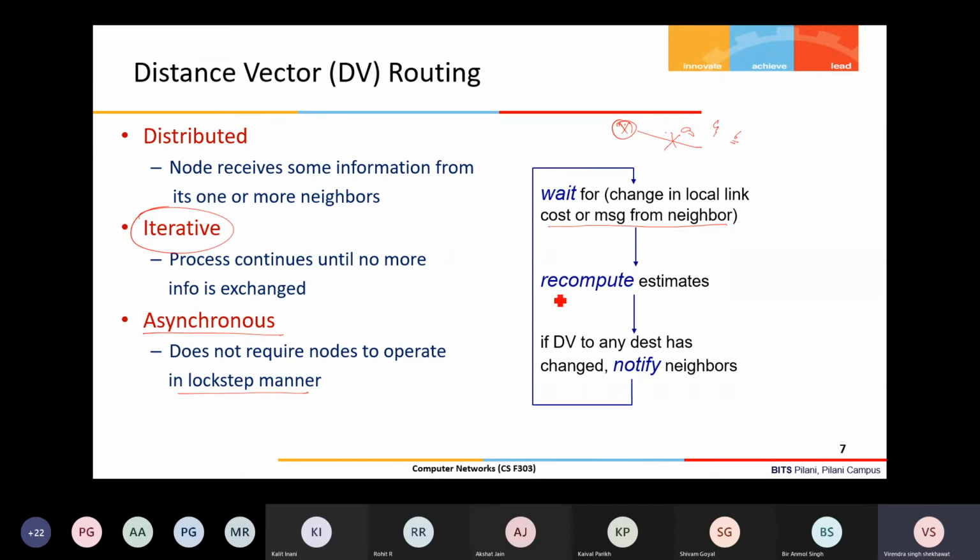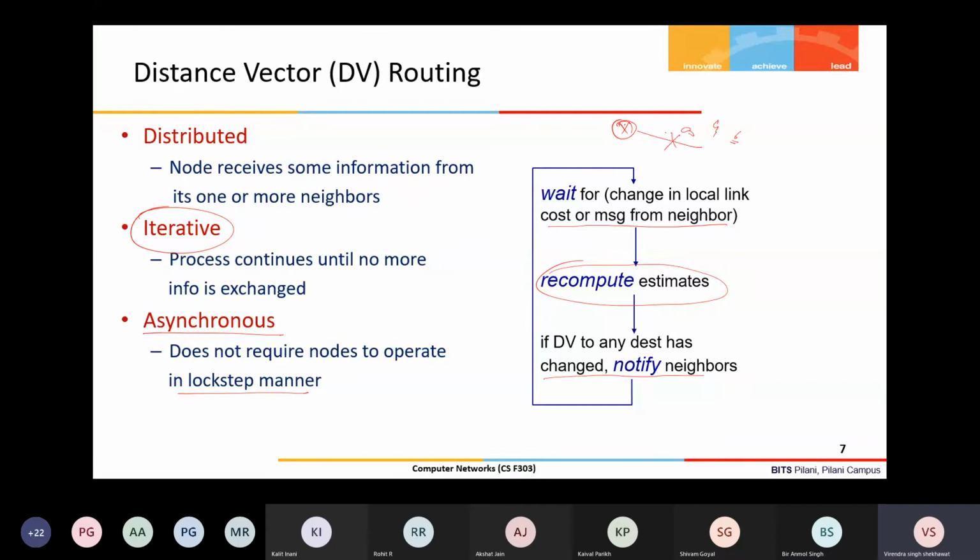So then it recomputes the estimates, and if the DV to any destination has changed, that change has to be notified to the neighbor, and this cycle continuously happens. This iteration stops when there is no change received.